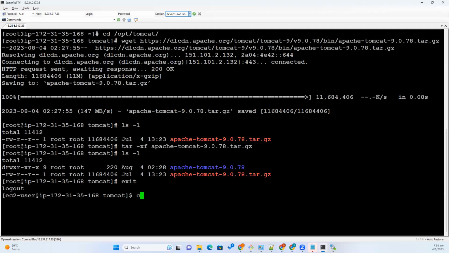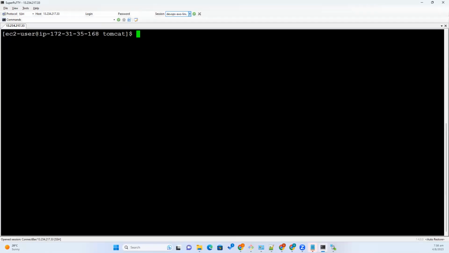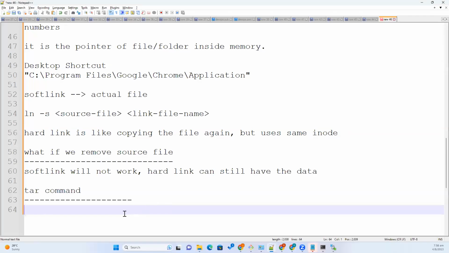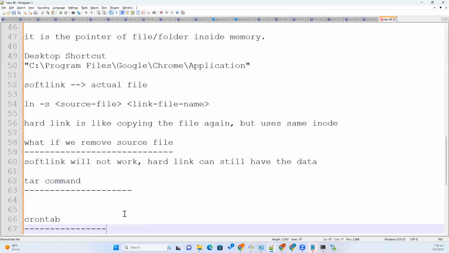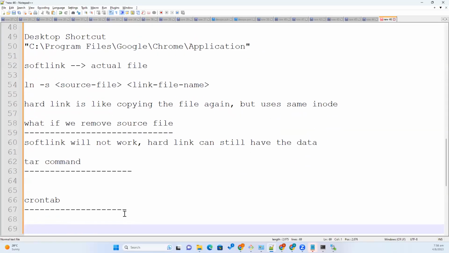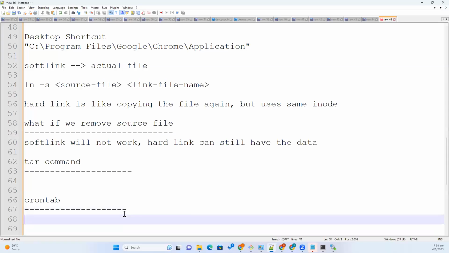Okay. And the final topic we will discuss today is nothing but crontab. So now the requirement is: you started the Linux server and you cannot monitor it completely and continuously. So there will be a lot of processes running. What is our task? Generally, you need to monitor the Linux server